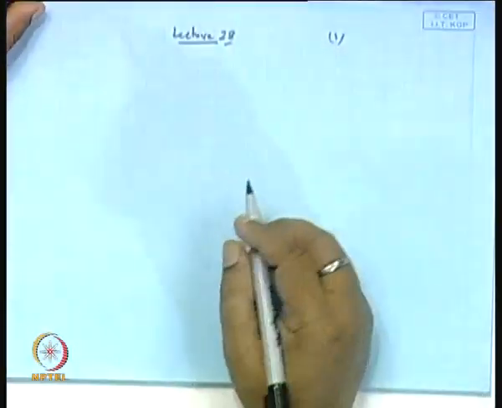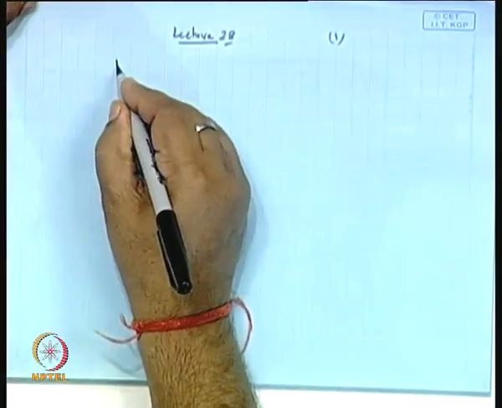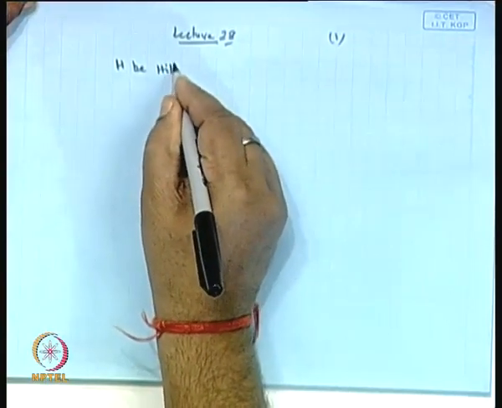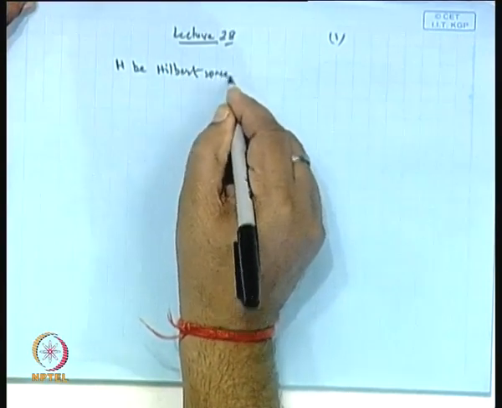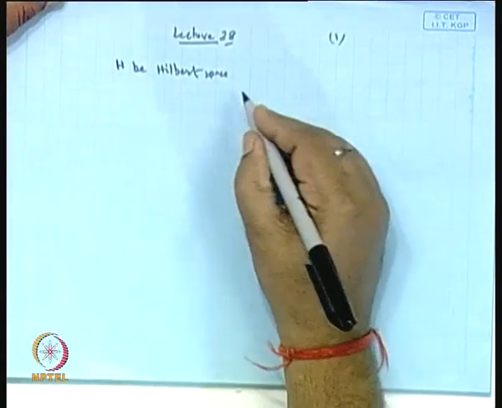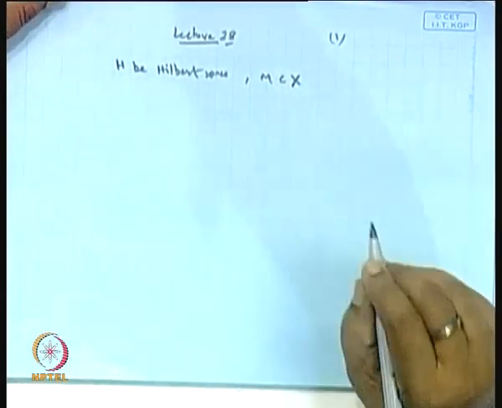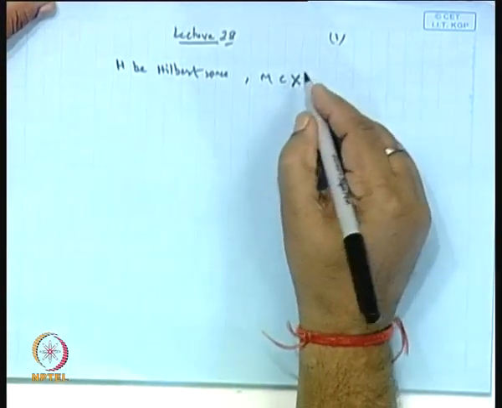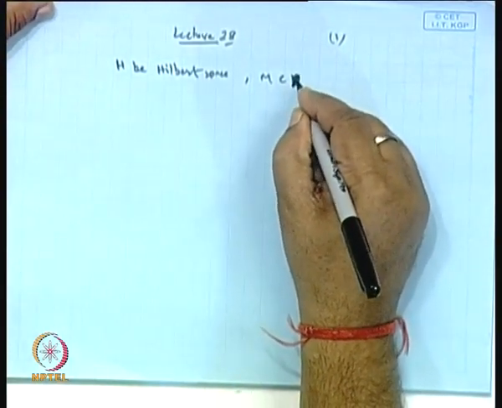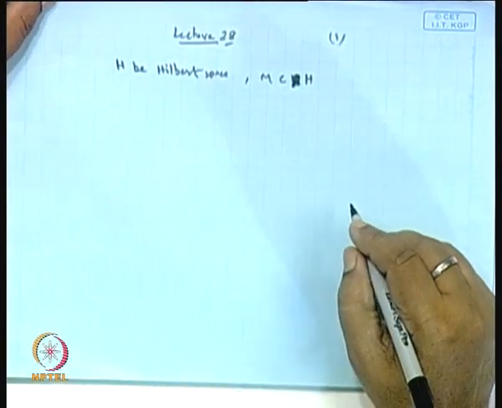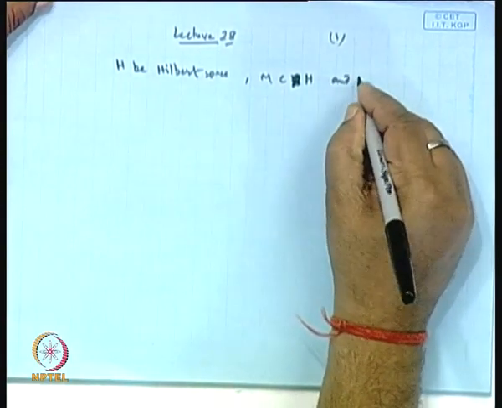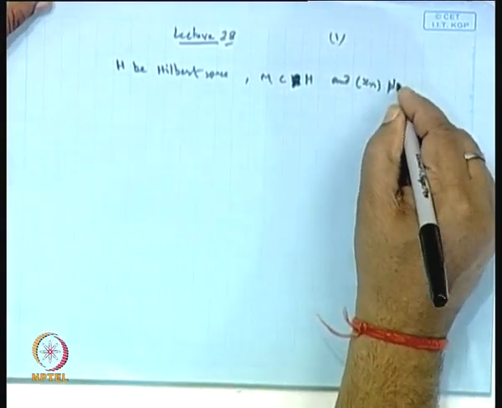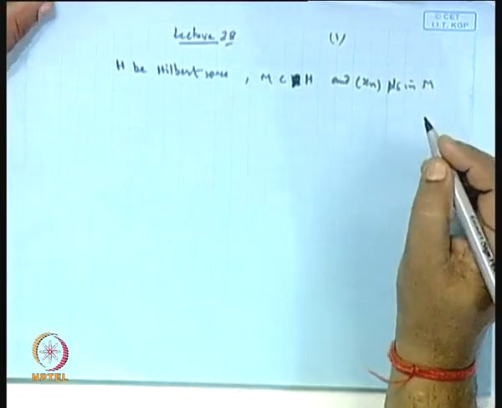Today in class we discussed one problem, and in that problem we established a one-sided inequality. The problem was: let H be a Hilbert space and M be a convex subset of H, and let x_n be a sequence of points in M such that